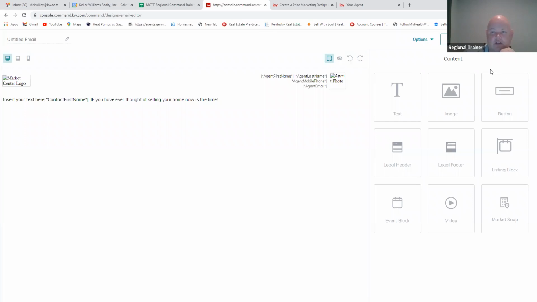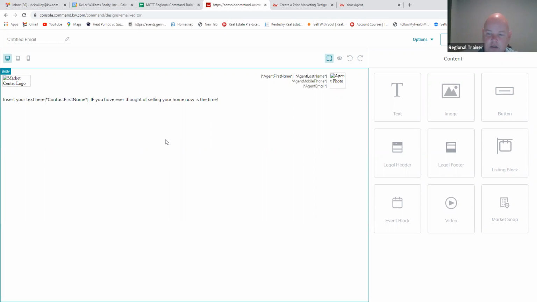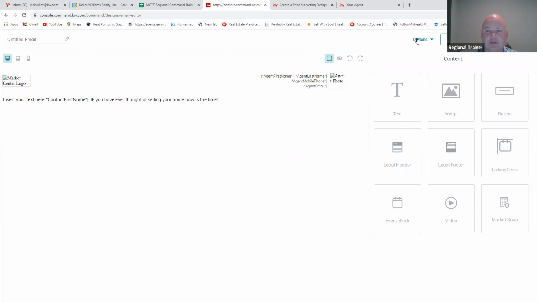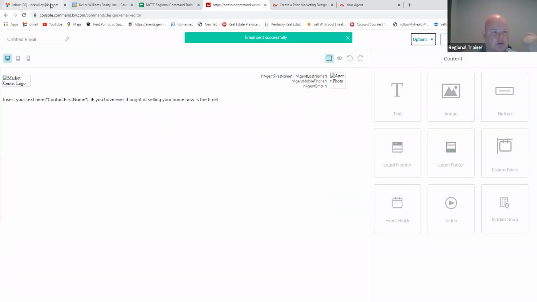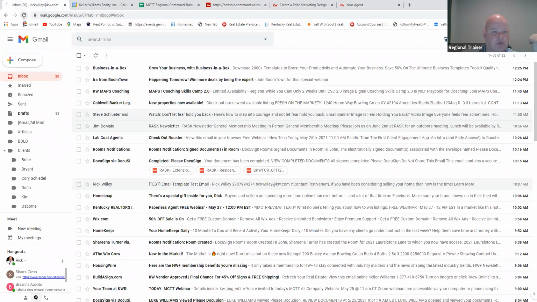Another cool thing that I can do is over here on the options. So let's say I build out my email, I've got it all nice and I've got it formatted the way I want, but I want to test that. I've got a preview, but I can actually do a test email too. So how I do that is go to the options in this right-hand corner, and then I can preview it, I can send test email. So then I can type in my own email address, or I can type in the other email address, send that test email. Now what's going to happen is it'll go to, if I refresh my email over here,